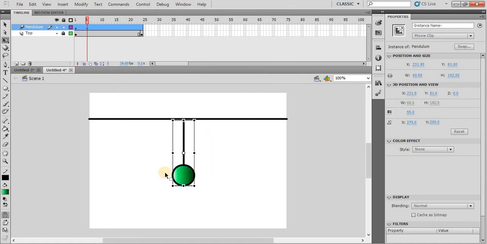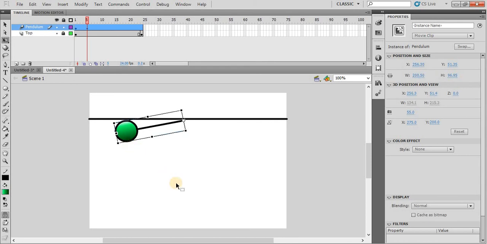So press Ctrl Z. The trick here is, can you see that there is a small circle, this one? Move this circle to the top so that this position remains fixed. Actually the object will move around this circle. So now you can change the position of the pendulum here at frame number 5.